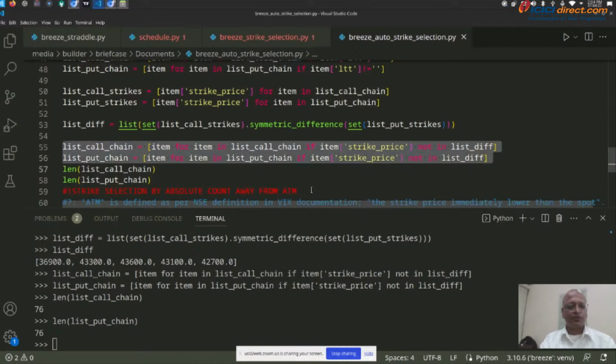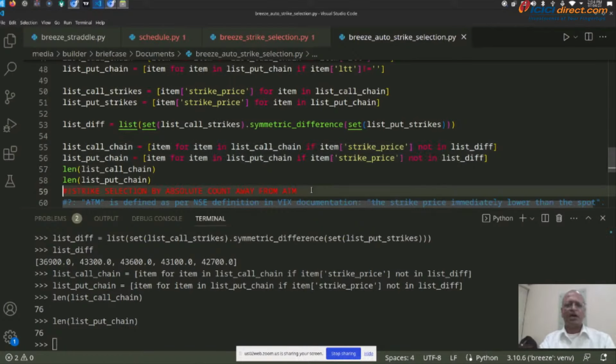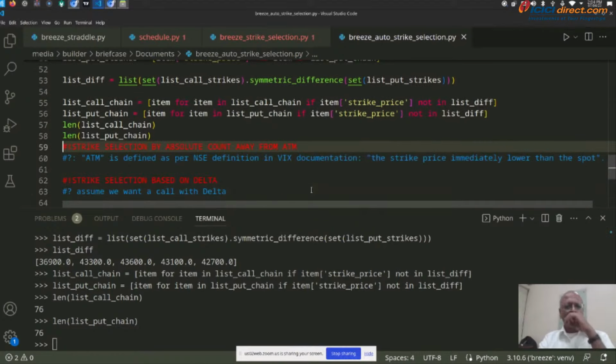ये तो किया ही नहीं हमने, execute किया क्या? हाँ कर दिया. 76. All right, cool. So now we have perfectly symmetrical option chains. एक साइड पे एक ऑप्शन चेन में कॉल्स है, एक ऑप्शन चेन में पुट्स है, but they are perfectly symmetrical. अभी हम आराम से दोनों पे एक साथ ऑपरेशंस कर सकते हैं. We can conduct operations on both of them without worrying कि भाई एक में होगा एक में नहीं होगा. Right. So now, okay,